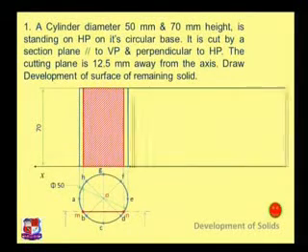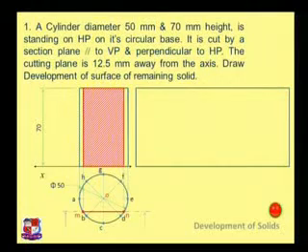So we know the development of a cylinder is just a rectangle, and what should be the height of this rectangle? That is equal to 70 mm, and the width of this rectangle would be equal to pi into d if this cylinder is not cut along M and N. But here the total width would be less than pi into d. What should be that width? That we calculate over here like this.